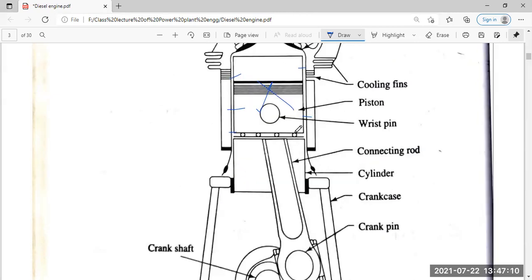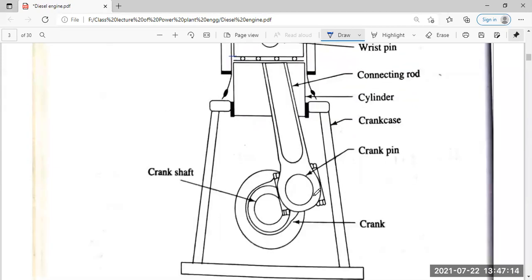This is the piston of the engine. This is the connecting rod. At the other end, there is a pin which connects the connecting rod with the crank itself, which is the crank here, this one. And the crank is fixed over the crankshaft, which has different cams over which different cylinders are acting. Generally, car engines are 4-cylinder or 3-cylinder engines. Even 6-cylinder engines are also available as per demand requirements.